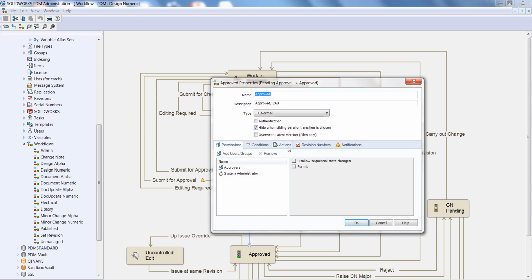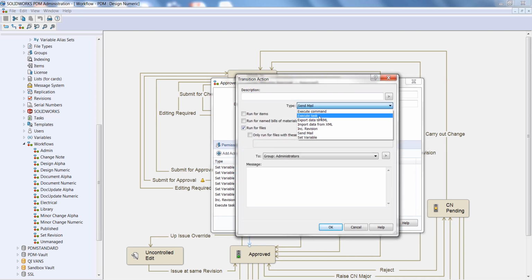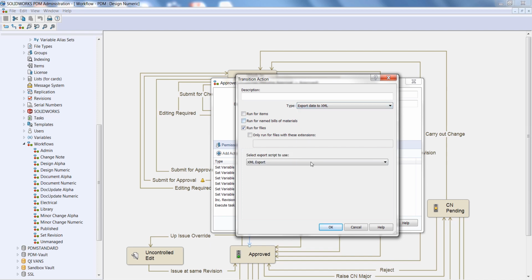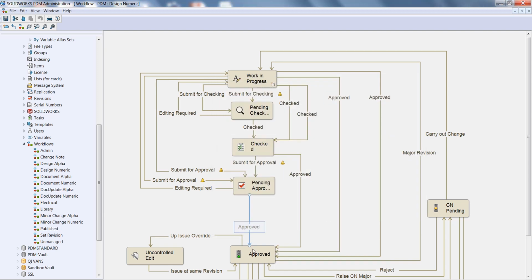So we can go here into Actions, add an action, and the type of action would be to export data to XML, what script we want to use, and we can limit it to say only run for SLD ASM files, so only assemblies, and output the bill of materials from there. So once an assembly goes through this transition, it will output the XML file.